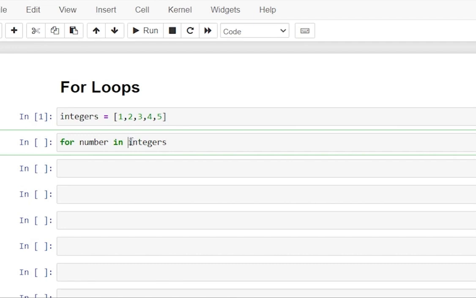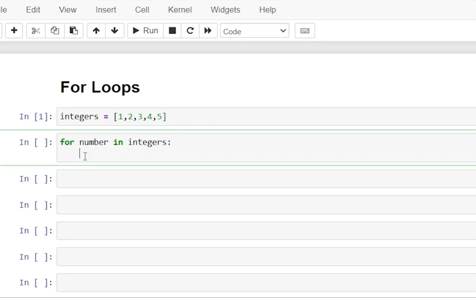Now, right here, you can put just about anything. This could be the list, this could be a tuple, this could be a string even. But that is what we're going to iterate through. So we're saying for the variables, each of these numbers, within this list of integers, and then we're going to write a colon. This is the body of code that's going to actually be executed